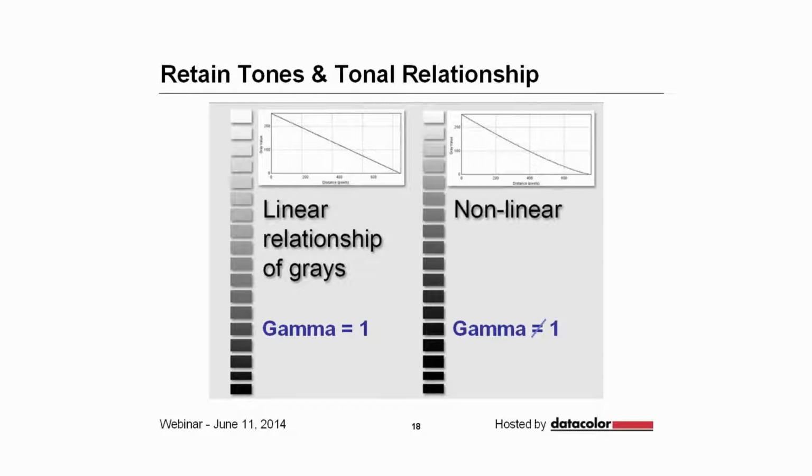Now I'm going to pause here for a minute and ask you if you actually know whether your camera system is linear or nonlinear, and whether you have actual settings that are set up in such a way that you can be assured that you have a linear relationship of tones. I've been in lots of labs, and it seems like too often I wander in and see that someone has changed the settings on the camera